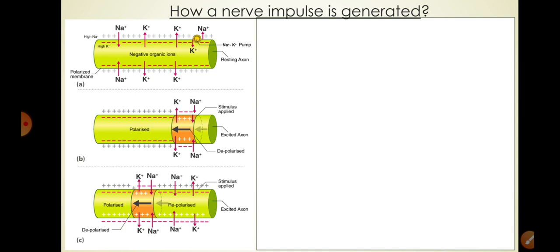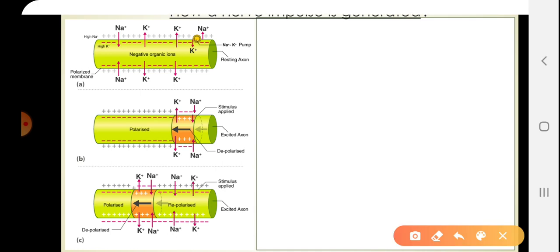Nerve cells are the ones which carry the nerve impulse over a long distance and in a short period of time. In the diagram given, they have shown the part of the axon of a nerve cell. Now we have studied the parts of a nerve cell in the previous topics. A neuron or a nerve cell has a cell body, a long process called the axon, and dendrons. A part of the axon is shown in the diagram.